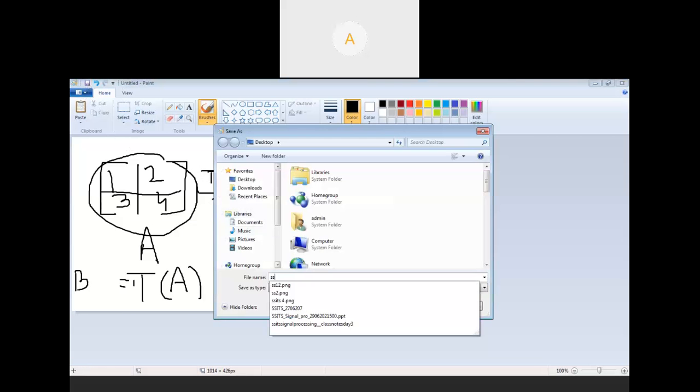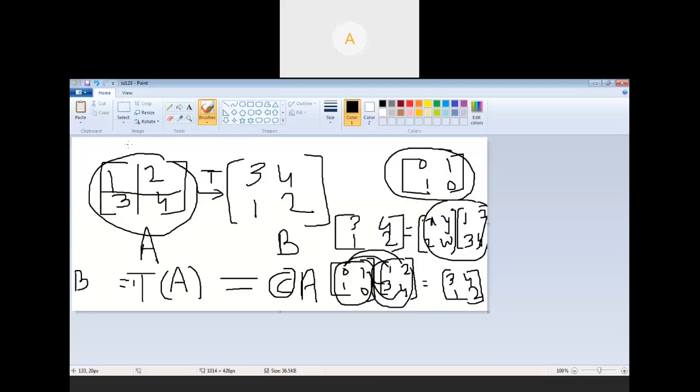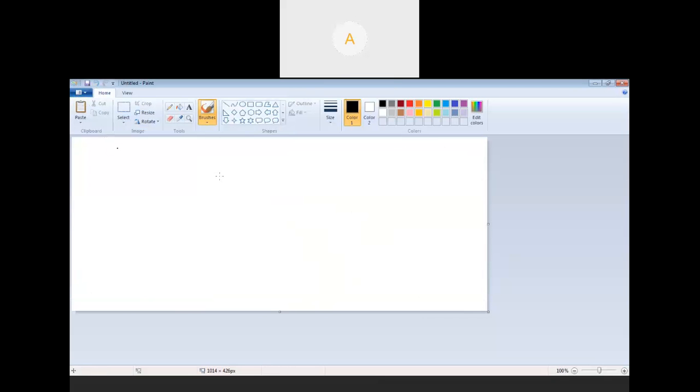Right now let me open a new file so that I will write over there. Suppose I have a new matrix now, a 3 by 3 matrix: 1 2 3 4 5 6. These are the pixel values. Suppose I have the matrix like this and I want it to become up and down. That means I want the output as 7 8 9 4 5 6 1 2 3.